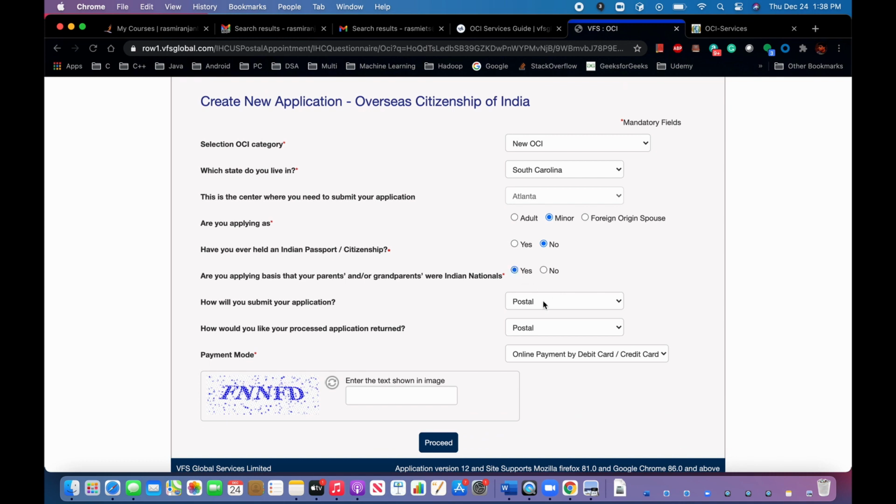So Atlanta, then minor, then no, then applying. So in your case probability yes, because your parents are Indian nationals. Have you submitted the document? I don't know why it is showing post. Okay, postal,